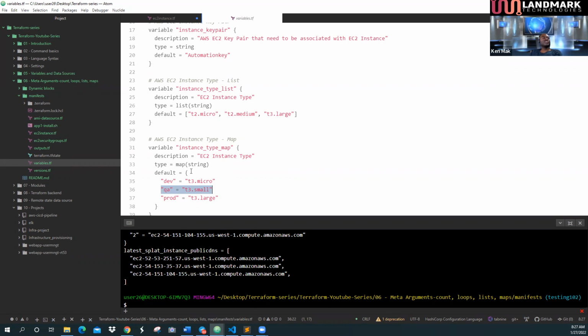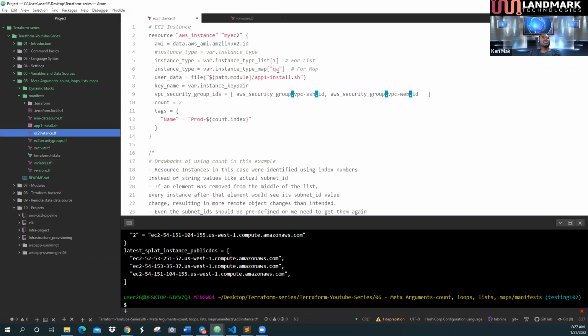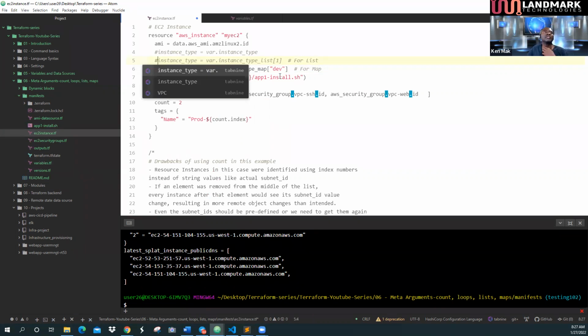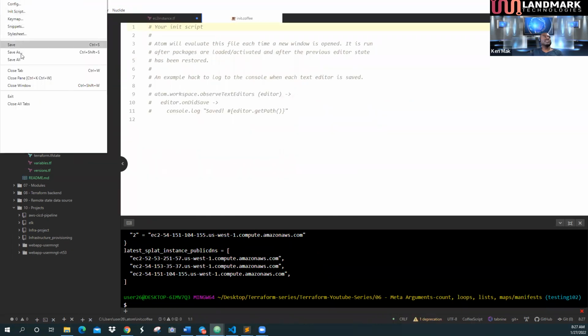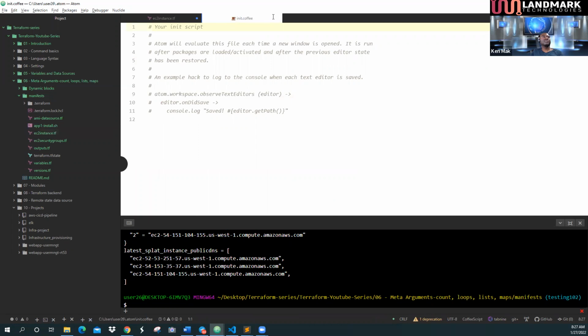If I wanted to provision a T3 micro, then I will put my key as dev. So I'll go to my instance right here and put dev, like that, and comment that, then do a save. I need to save it. Save the files first. Once I save all,